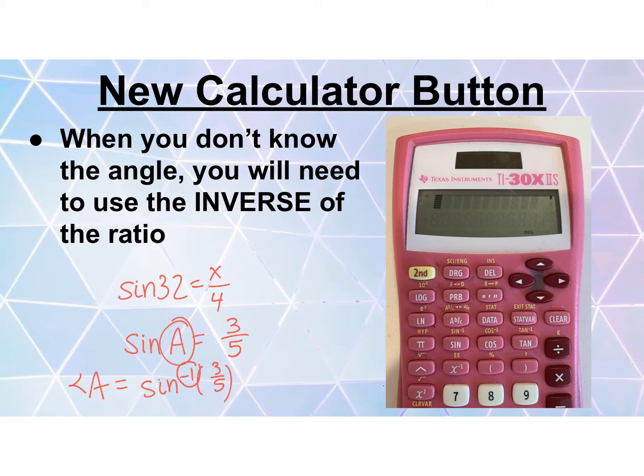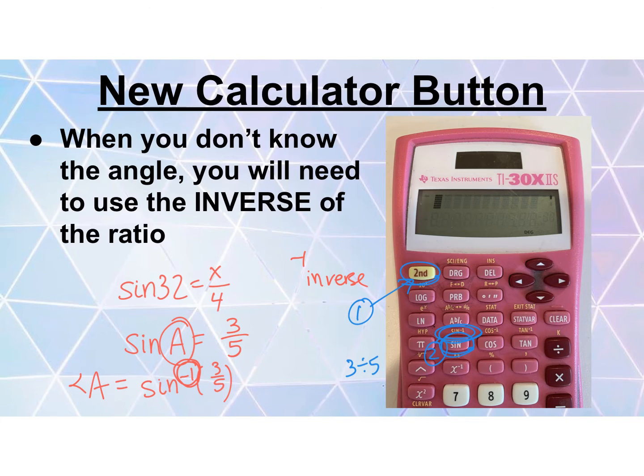That's the notation for inverse. So to the -1 is inverse. So we need to find that on our calculator. And let me get another color here. It is right here, and anything that's in the yellow writing, we need to use the yellow button. So on the pink calculators, you would hit the second button first and then the sine button, and that will do inverse sine. So you would do second sine, and then you would do 3 divided by 5